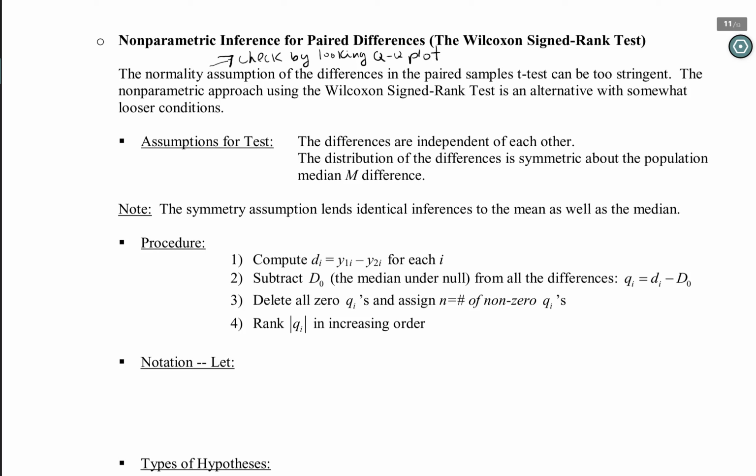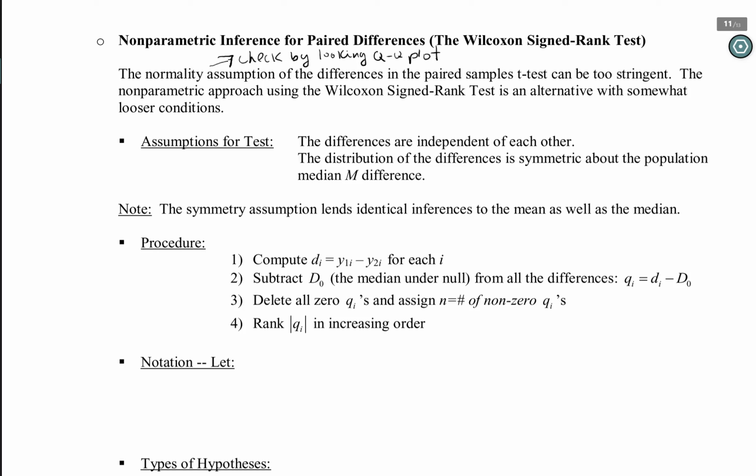We can check the differences, the QQ plot, and see, is it reasonable to assume that the differences come from a normal or a near normal population? And if it's not reasonable, then this Wilcoxon signed rank test may be an appropriate